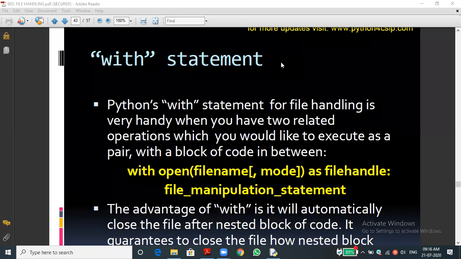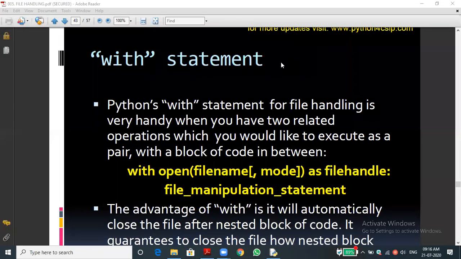Then afterwards, we should close the file, isn't it? We have already seen this in our earlier session. If we didn't close the file, what will happen? The content, whatever we are doing in any operation, reading operation, writing operation, it won't occur. Because whenever we close the file, only at that time it will start to work.